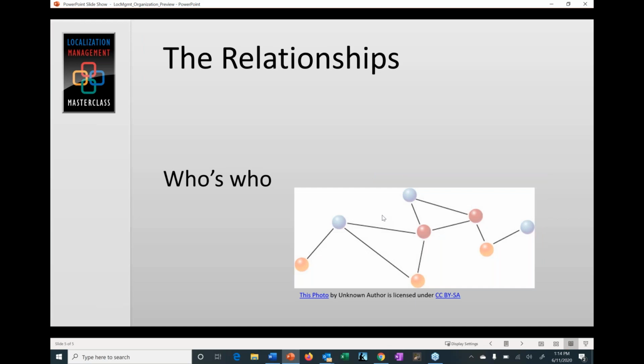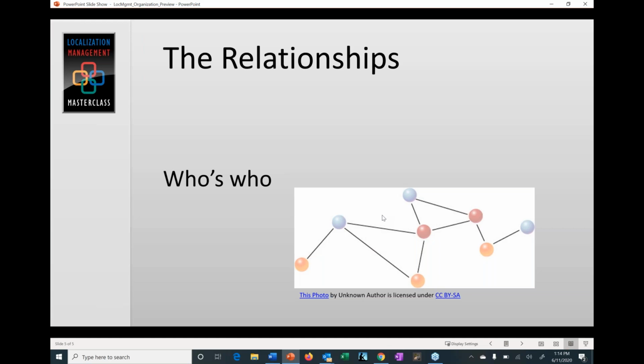And then finally, we'll move on to relationship management. Now, sometimes when I was at PTC, people in my department would come to me and say, oh, I met with so-and-so today and we discussed this or that aspect of localization that we're thinking about. And I would say, well, what's that person's position? Or what department is that person in? And sometimes they would say, I'm not sure. I think maybe it was IT, but it could have been this other department. I don't know. And so then I would say, okay, so we need to know what department they're in and whom they report to. Where are they in the hierarchy?